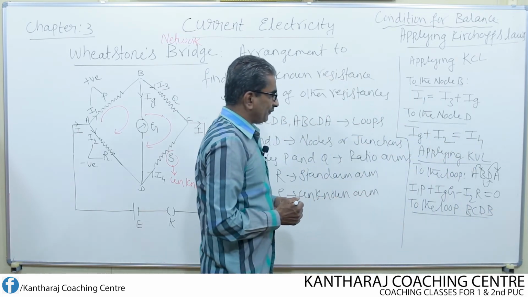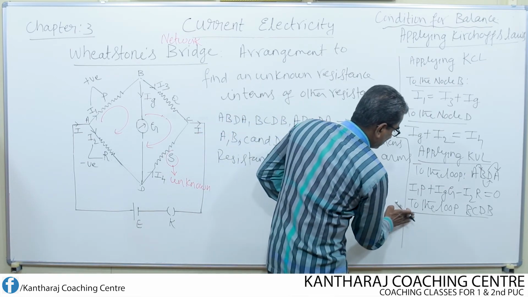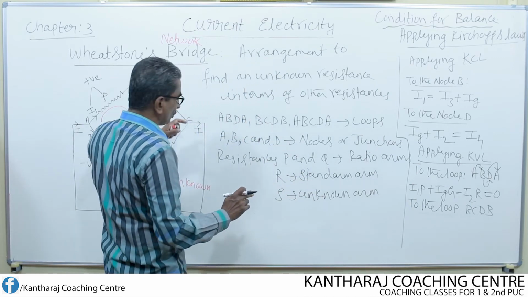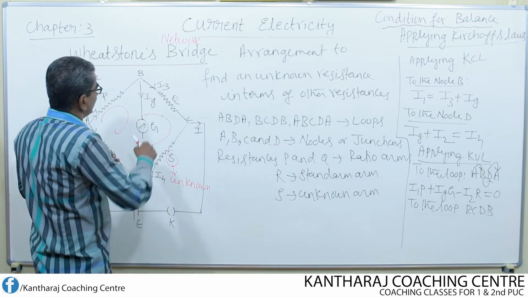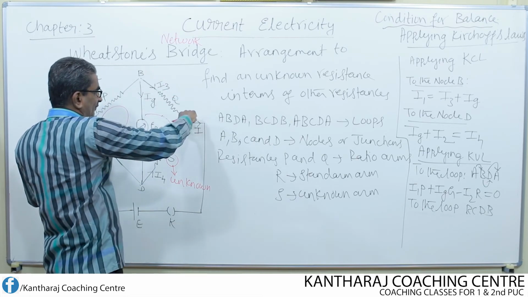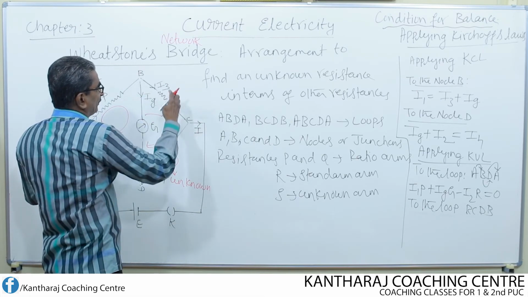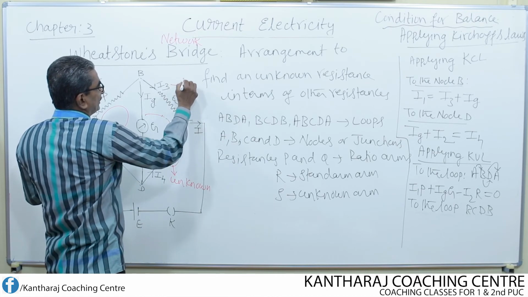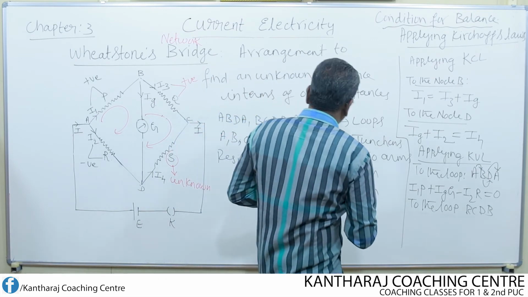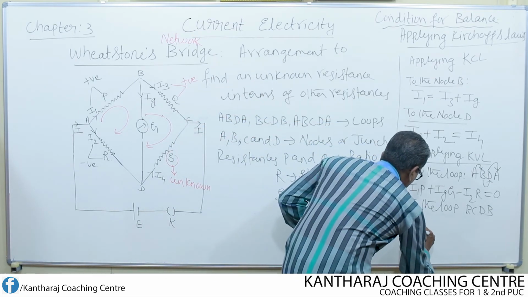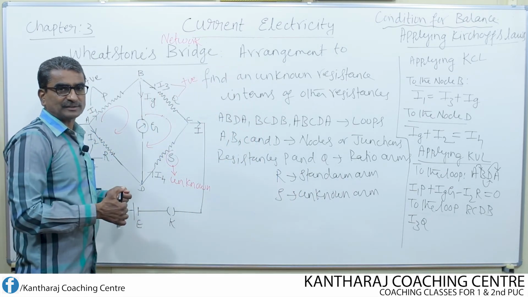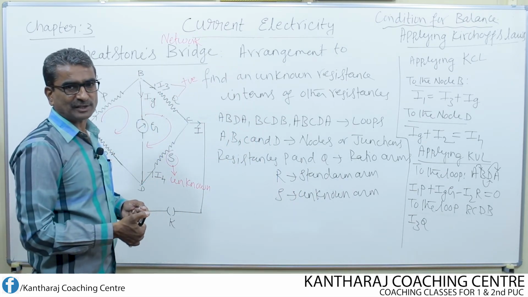Then start from B, go to C. Look here. If I move from B to C, I am moving downwards. Current is also flowing downwards. Therefore, product of current and distance, this should be positive. So, I3Q is positive. Then plus, why should I consider plus? Because sum of IR product I should have to consider.